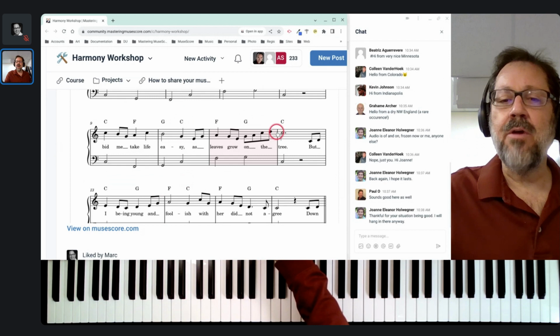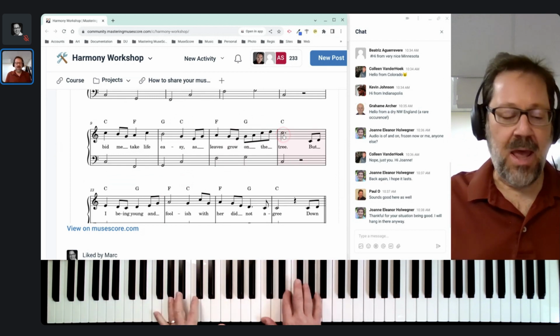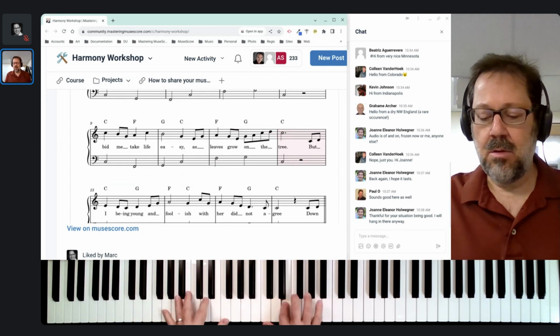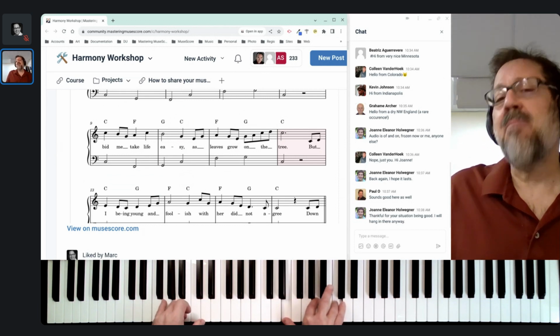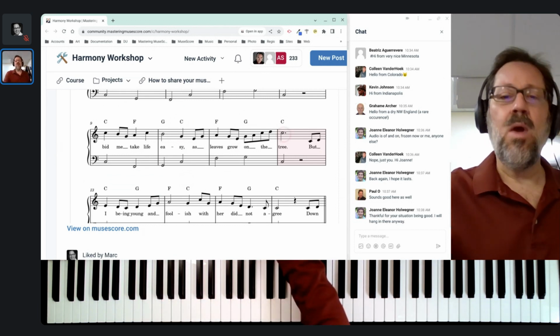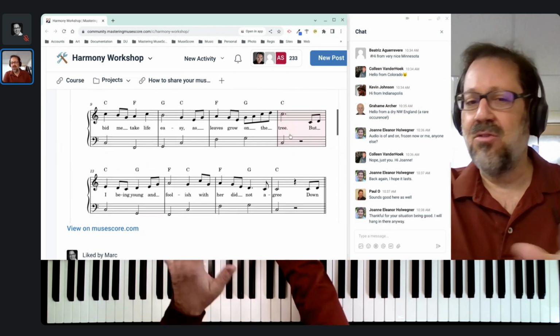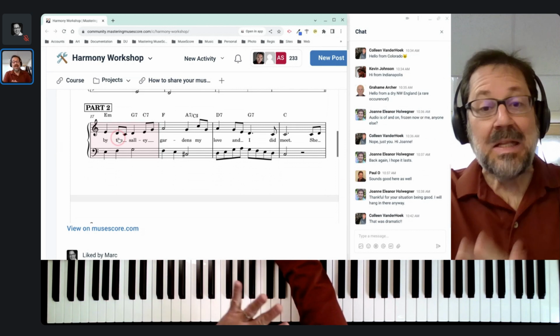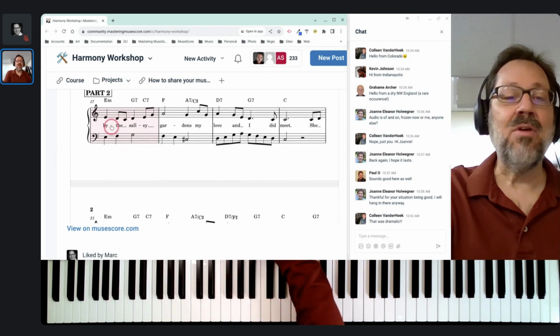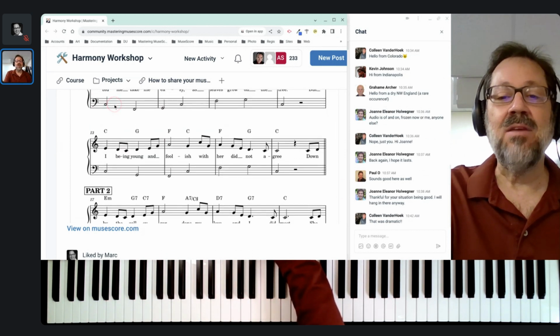The other thing I wonder about is, well, what if it were a 6 chord? What if it were an A minor chord? Could be pretty happy with that too, as just a way of making that third phrase end with something other than C. Anyhow, what Graham came up with is really nice in there, and I want to show that. And really everything that he's done is really nice here.